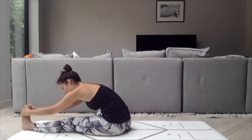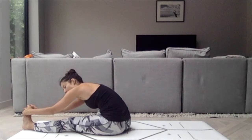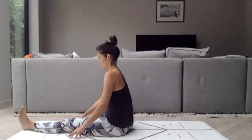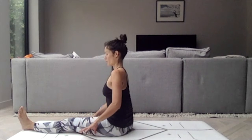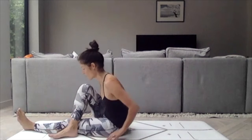You may want to tilt your right shoulder in towards the mat a little bit more. It changes the stretch along the back slightly. Exhale, 5. Inhale. Walk your torso up. Use your hands to walk your torso up, and then bring the sole of the right foot to the outside